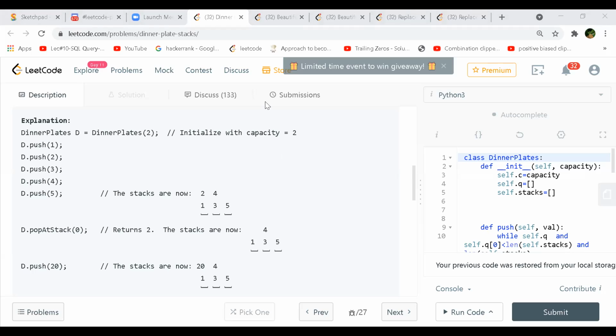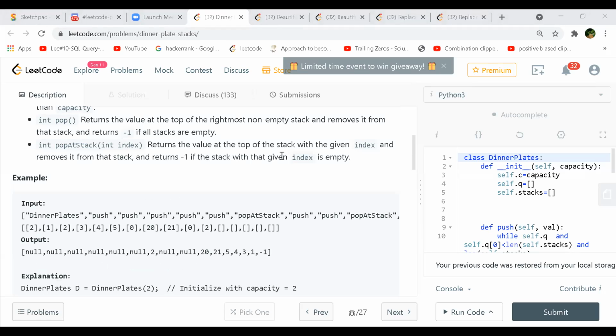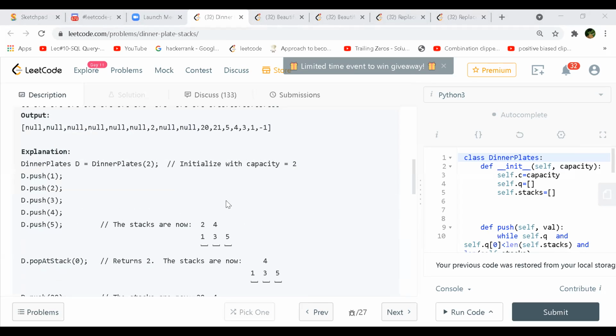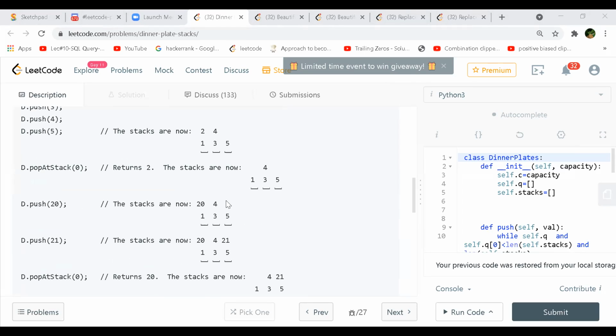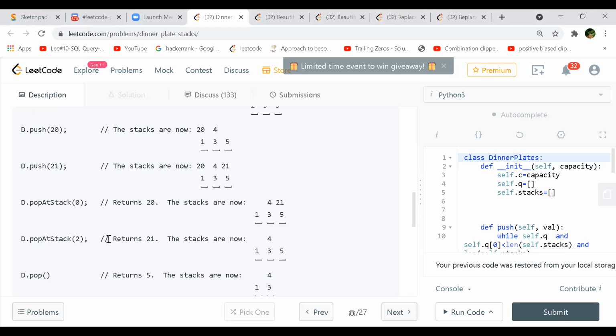So you always need to fill from left to right. They have mentioned it also: if the capacity is not met, then you need to keep filling till the capacity is met. Now the capacity on that side is full, so he's putting 20 on this side. And again he's popping from 0, so this element will be removed. Again, pop at stack 2. Stack 2 means this one, so the top, 5, is removed.